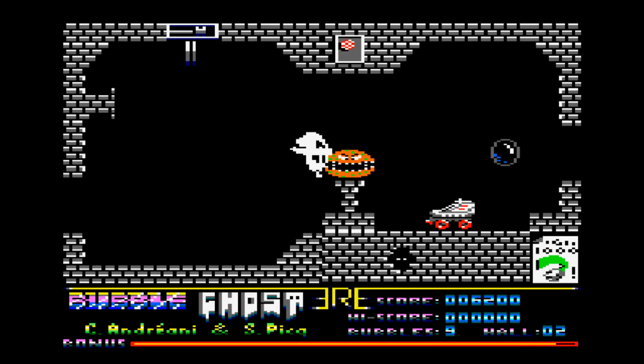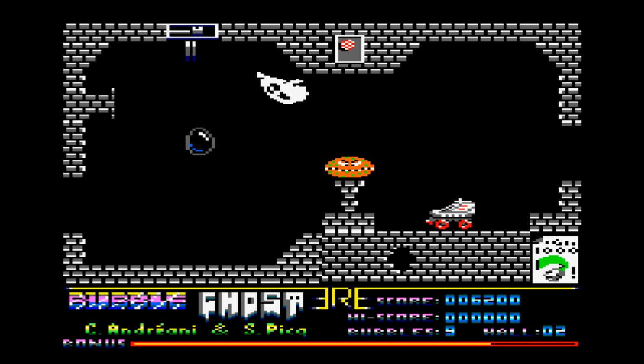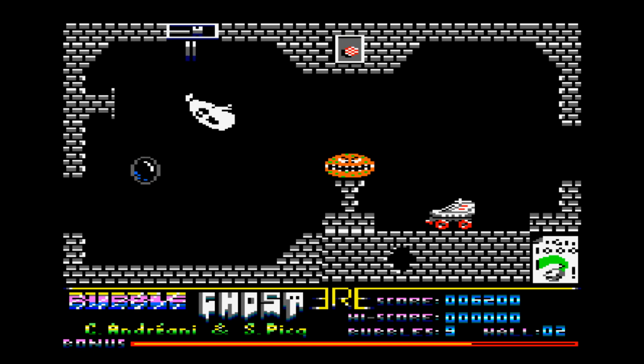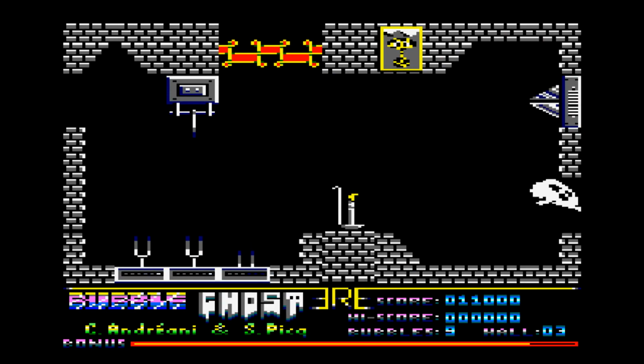So as you can see, the idea of the game is to get to the bubble in question and use Mr. Ghosty, Mr. Bubble Ghost himself, to move the bubble by blowing on it. Very nice physics in this. I'm going to come back to them in a minute. Into the exit. So you've got one way, you've come through the door, and then you have to get it